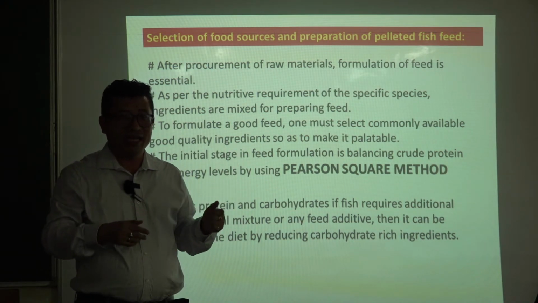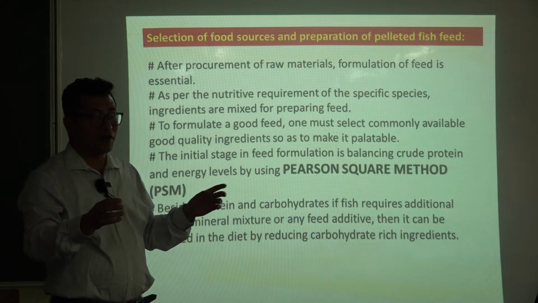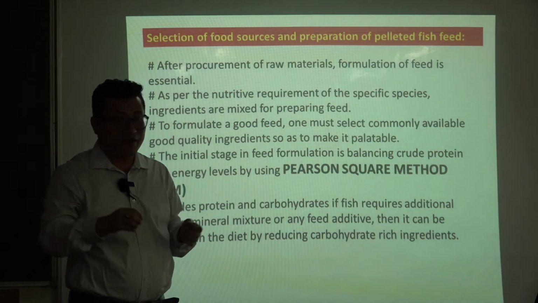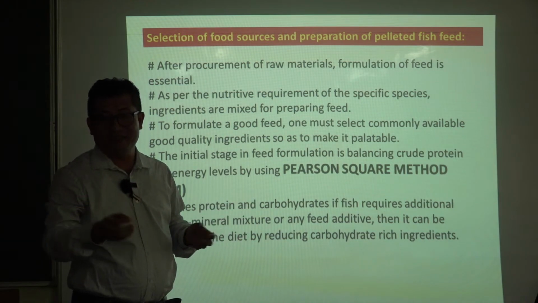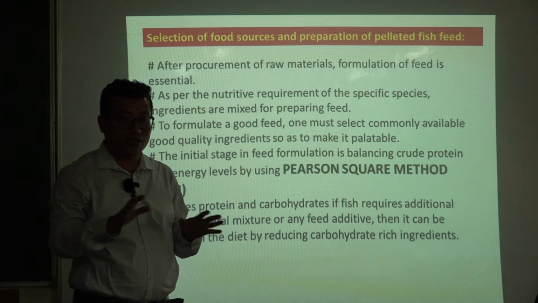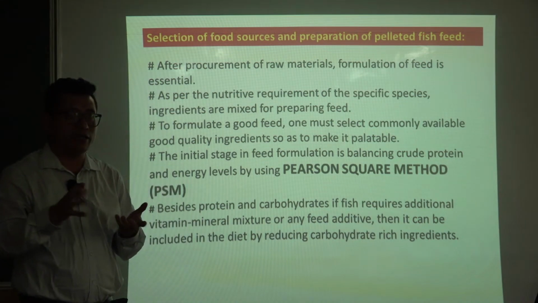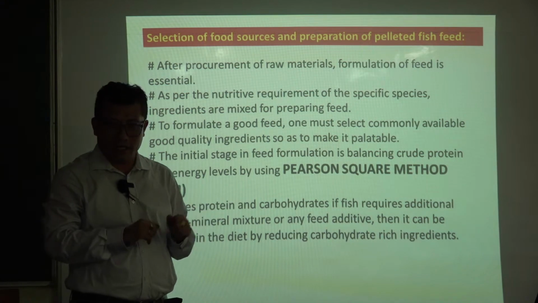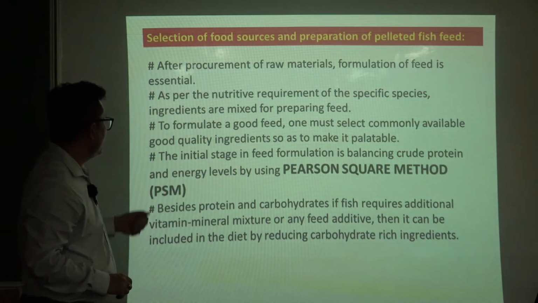But recently when I started my biofloc, there was a tree above it, and leaves fall daily. None of my fish is liking it, it is not preferable, so it is not a good source. I don't know, if we convert it into powdered form they may eat, but it also has to be palatable. So next is